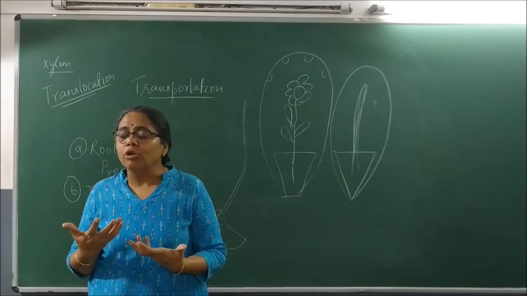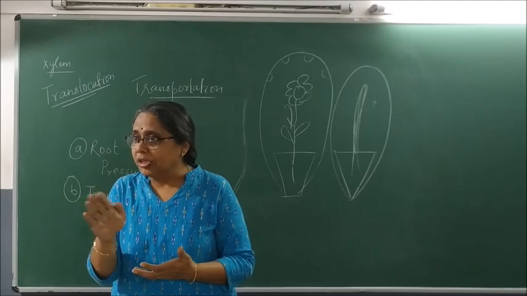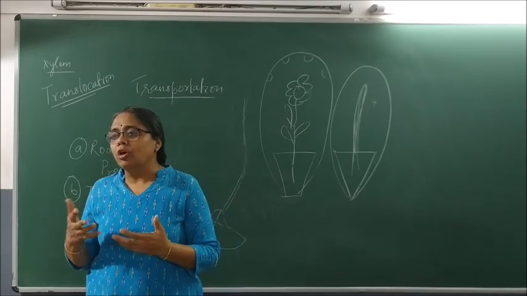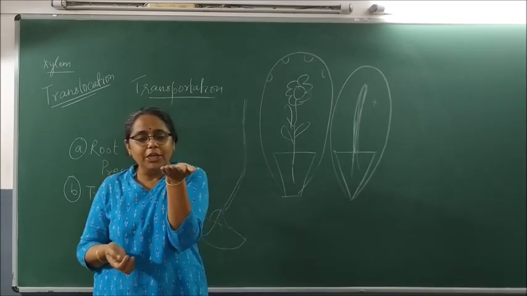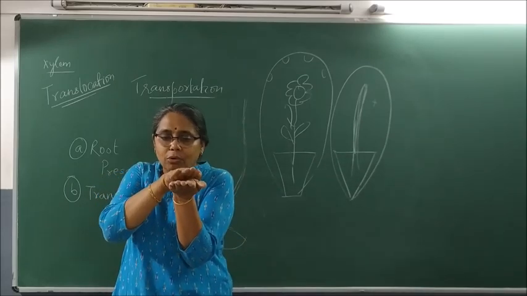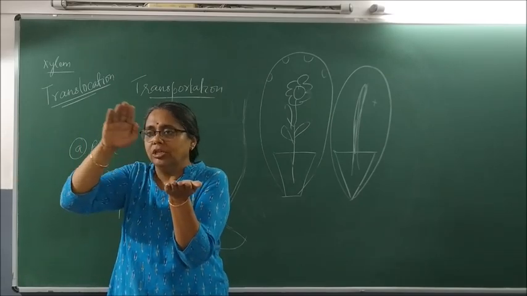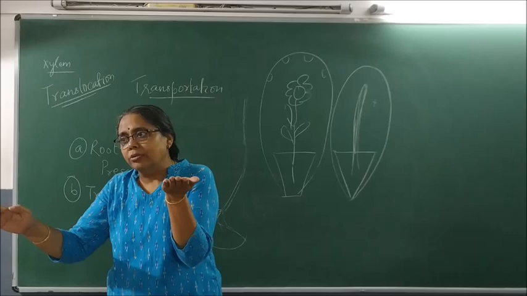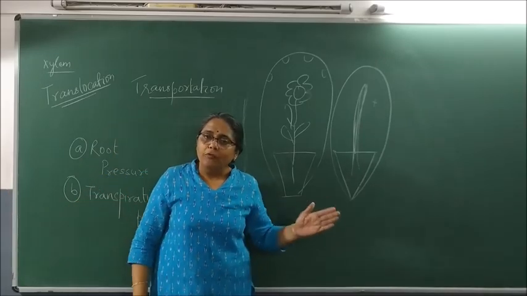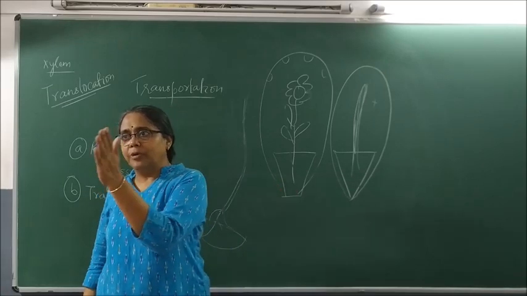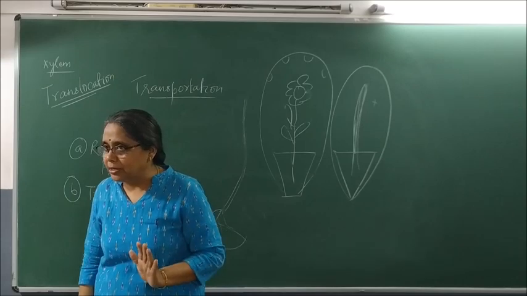And why is it called osmotic pressure? Because food goes via the process of osmosis and diffusion. So the osmotic pressure increases, and when the osmotic pressure in one particular place increases, it slowly takes away the pressure to the other by transporting also the dissolved substances from one end to the other. So wherever there is less osmotic pressure, phloem will transport food into that particular area, and a proper maintenance of pressure will be created.